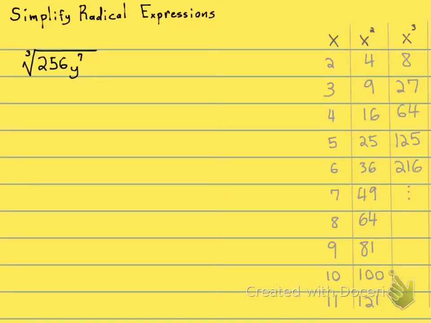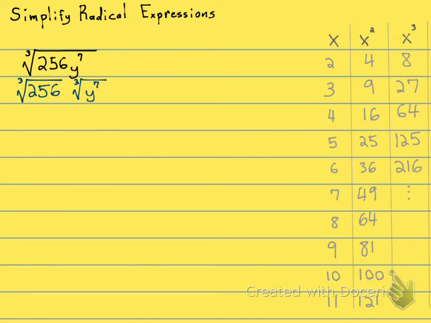Okay, let's take a look at how to simplify this radical. So the first thing we need to know is that this is a cubed root. So if you're going to be able to take anything out of this radical, it has to be a cube. So what I like to do is split it up so I can look at numbers differently than my variables. So for the numbers,